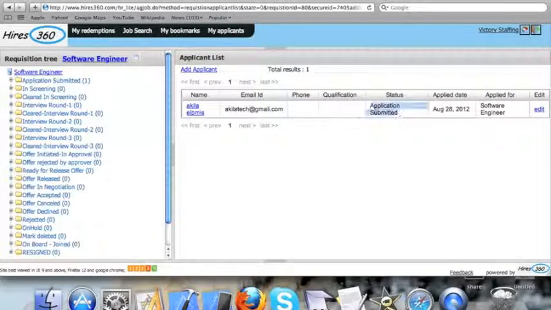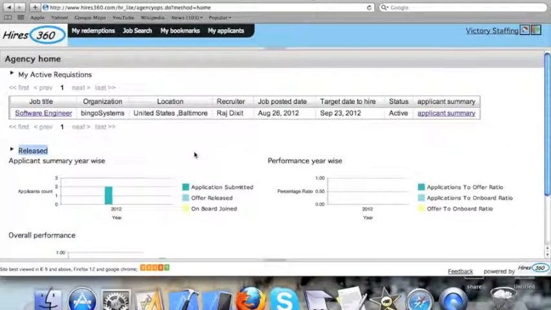This is really cool. I don't have to keep sending candidates through emails and track their details in email folders. All of this information is available at my fingertips. I can also keep a tab on my redemptions, but that's a discussion for another day. I guess I should be talking to my other clients recommending Hires 360.